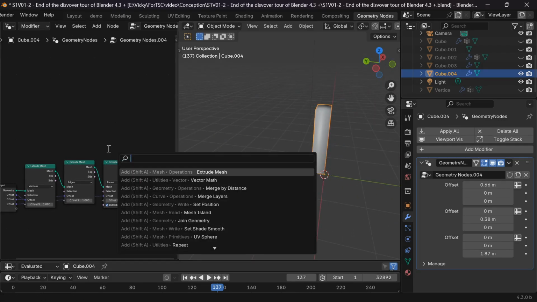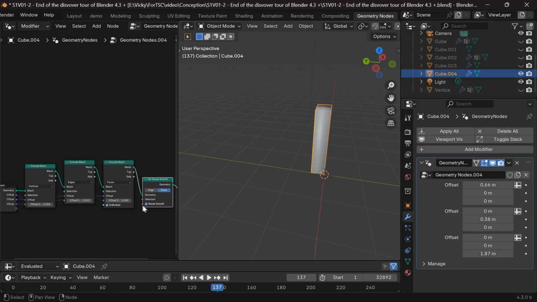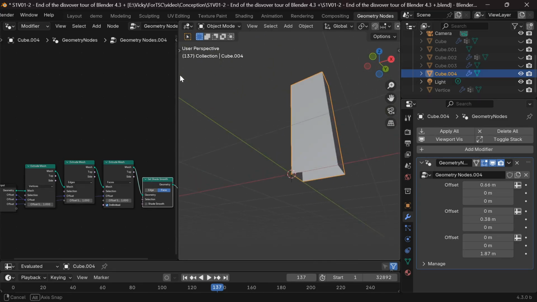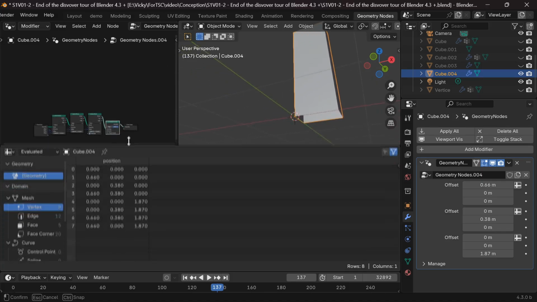This software is really awesome. Now we can see there is one face missing. It's because we get the result of the extrusion with the node and not the extrusion with the elements which do it. If we look in the spreadsheet editor, we see there is missing face and face corners. So we have to join these both parts. Now it seems we have our 3D mesh.